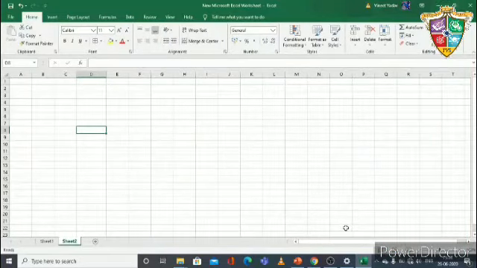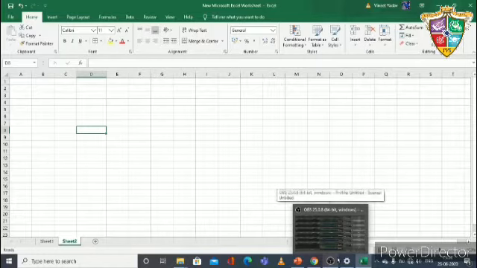Today I am telling you how to do autofill in MS Excel. So let's get started. Today I'm telling you a very important feature of Excel, that is autofill. Yes, autofill is a very useful Excel feature. It allows you to create entire columns or rows of data based on the values from other cells. So how to use the autofill feature in Excel, I will tell you now.